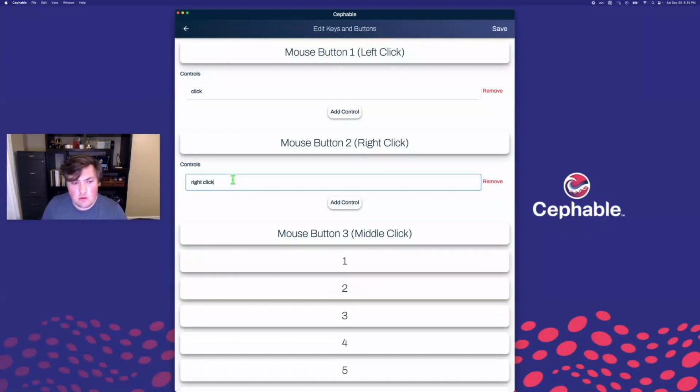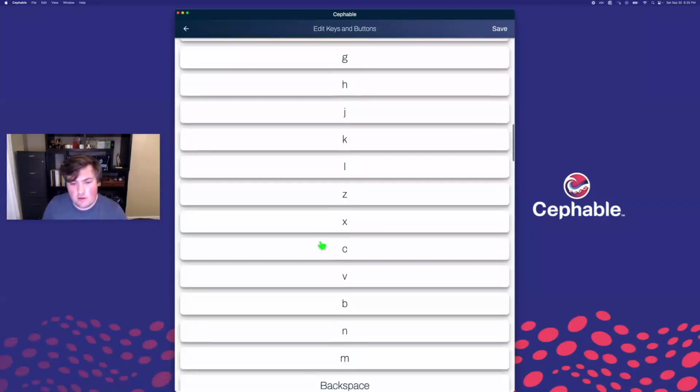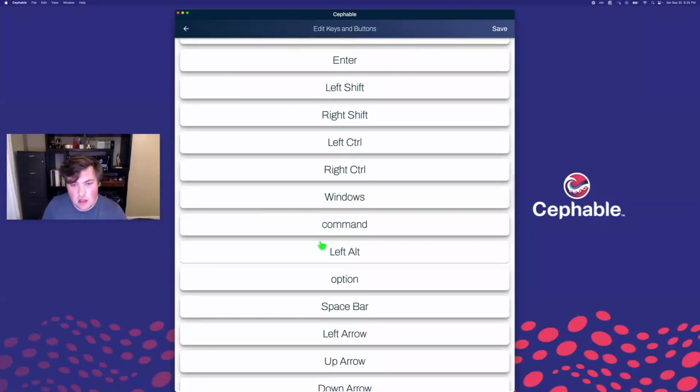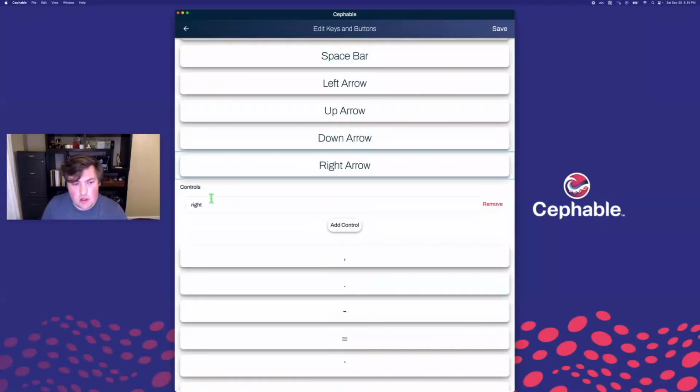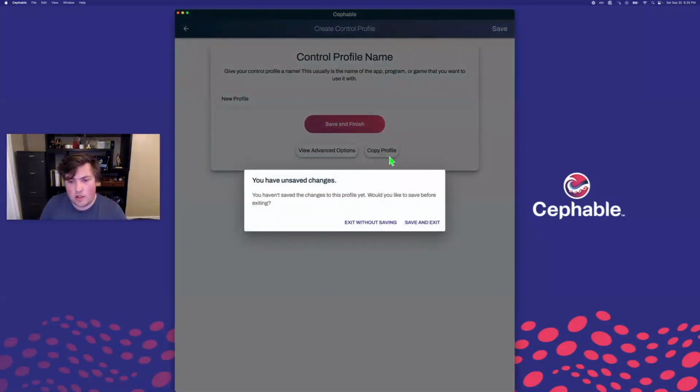The exception to this right click one is if you're on an older version of the Cephable app before this issue is fixed, then there's also potentially a conflict with the voice command with the right arrow key. So if we go down to right arrow key, because there's a default command for right, if you say right click, it might hit the right arrow key first. You can change this, for example, by just setting right arrow as your default voice command. And now you've got right arrow and right click as two different commands, so you can say either one. So just a little note to keep in mind. If I go back though, I'll leave this without saving,